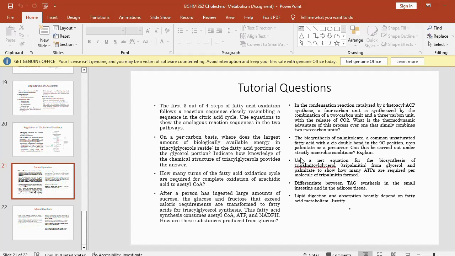The next question says, differentiate between TAG synthesis in the small intestine and in the adipose tissue. Yes, this is simple and direct, I think. Remember, we're talking about lipid absorption. We said something about monoacylglycerols. Monoacylglycerols are what is used for the synthesis of TAG in the small intestine, while in the case of